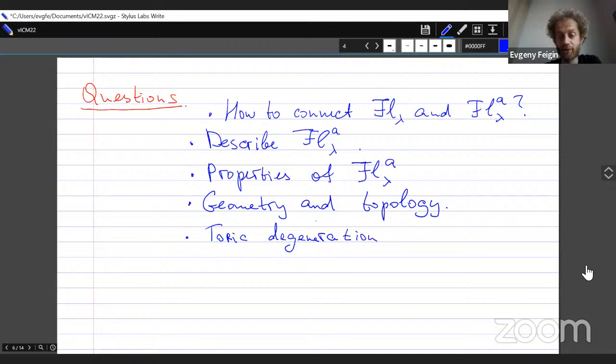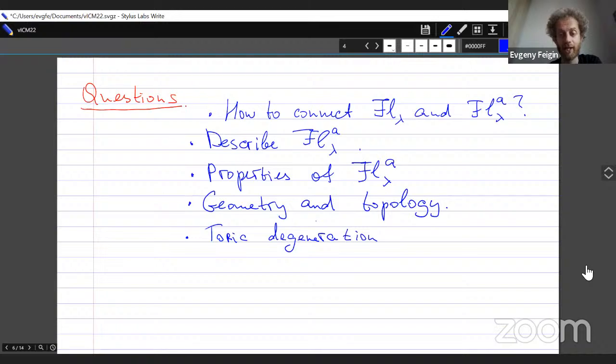Of course, we'd like to study the geometry and topology of these varieties, so describe cellular decomposition, torus sections, and so on. And one more topic is the description of toric degenerations, since this is a tool for understanding the structure of the variety itself. Since toric geometry is rather well understood, I'd like to use it for the description of the variety